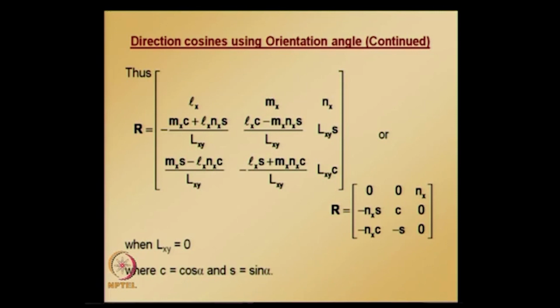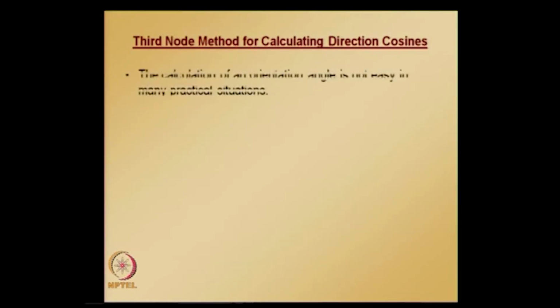And we will now look at the other method for calculating direction cosines, which is called the third node method. So, the choice is going to be yours, you can use any of these methods depending on the information that is available. So, in the third node method for calculating direction cosine,